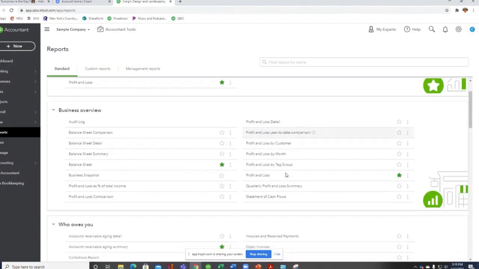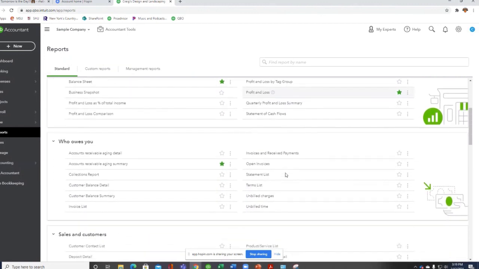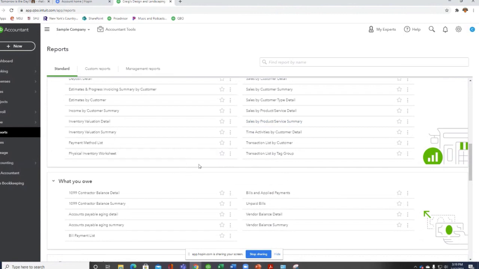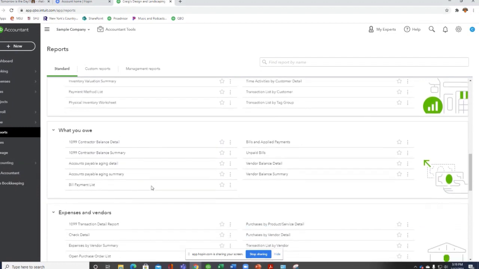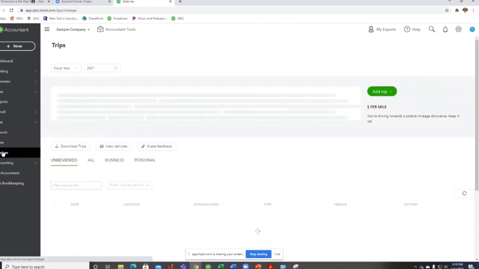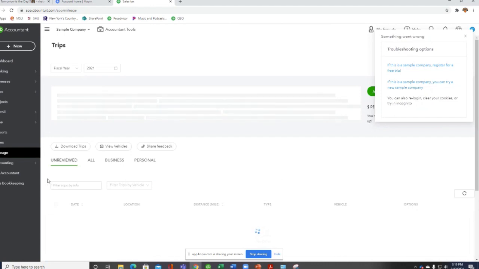And then there's a whole bunch of other reports, and you can customize reports to your liking, to see what information you're trying to get. 1099s, if you use subcontractors, you need to issue 1099s for people that you pay $600 or more throughout the year, not at a one-time shot. Your taxes, you're going to deal more with your accountant on that. If you track your miles, they give you another place to track your miles. And then the accountant here,